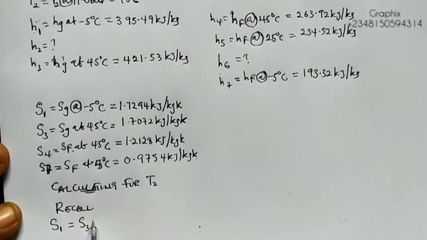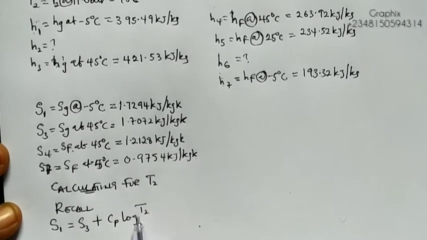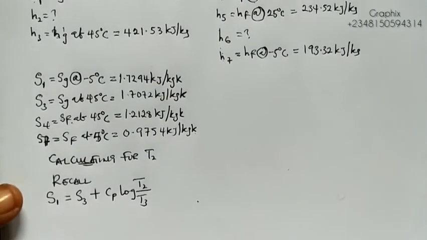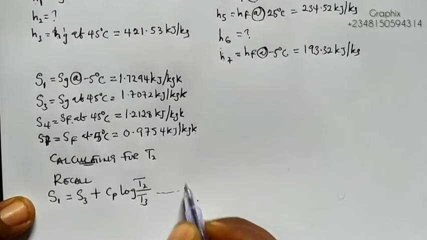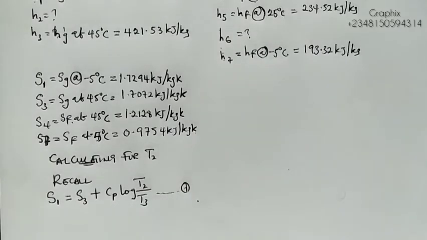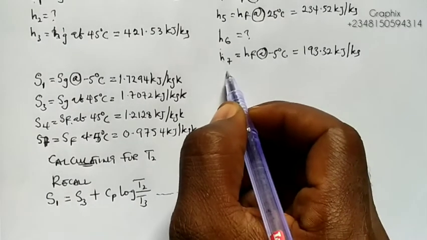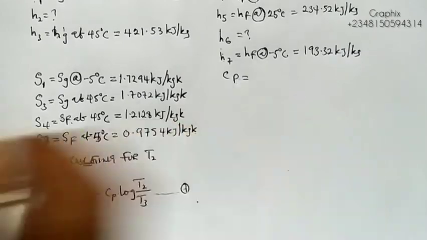X3 plus Cp, the log of T2 over T3. So that is the relationship we are going to be using. I'll call it equation 1. So we need to know what S1 is, we need to know what S3 is, but we know very well that our Cp given in equation is